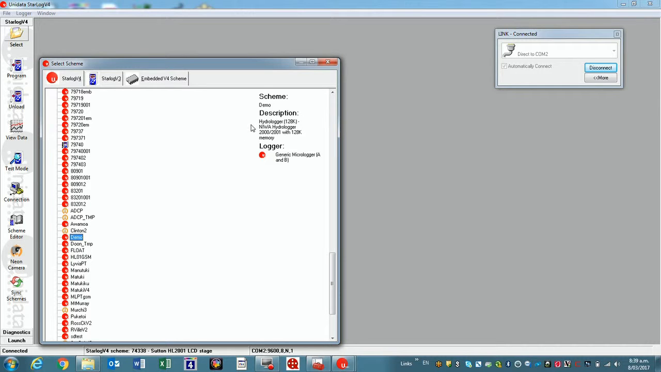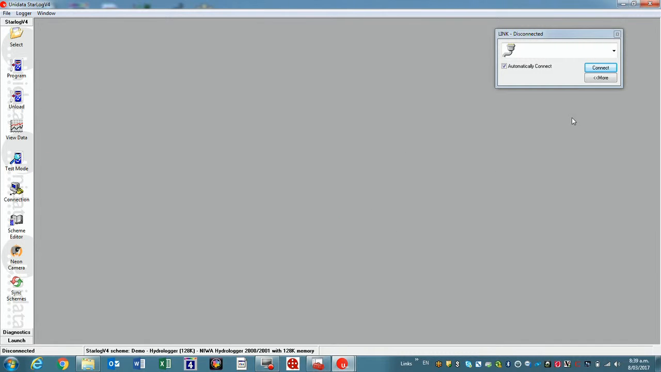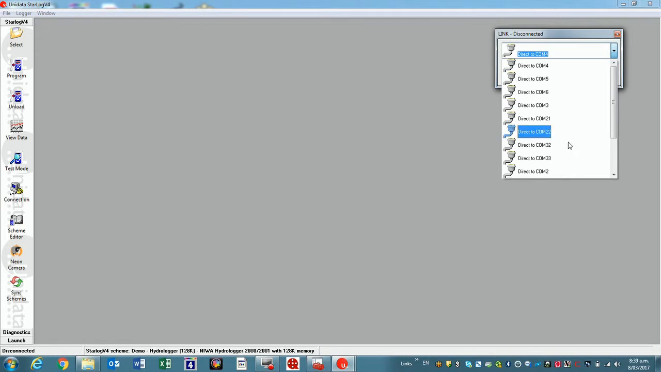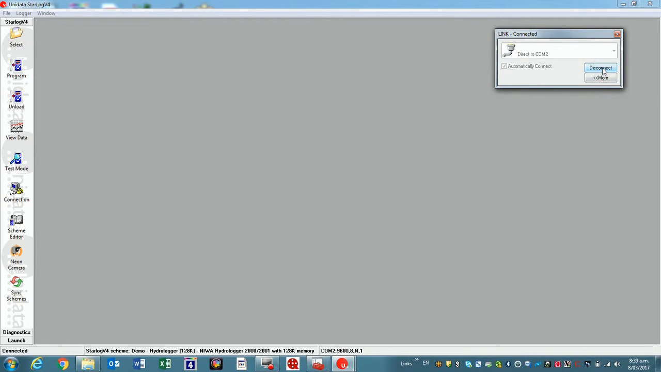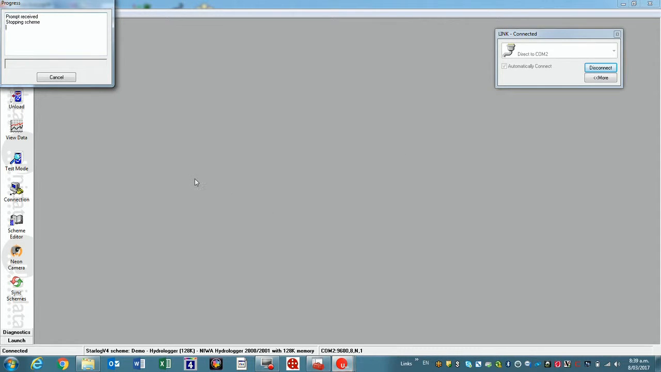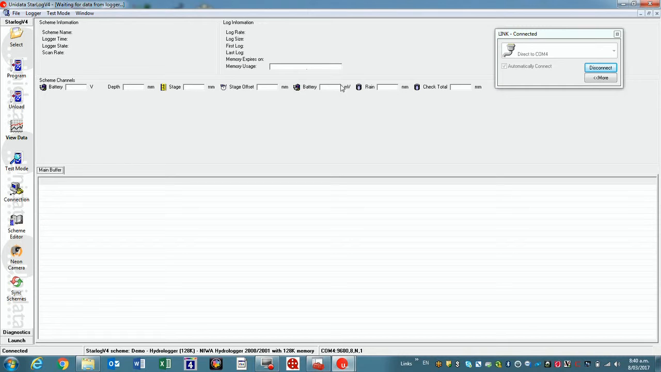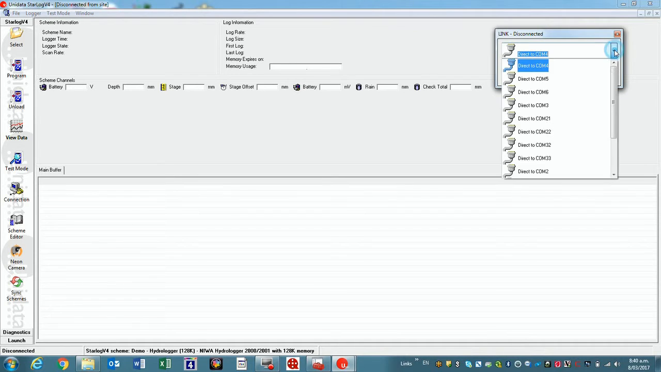So you see it's a Hydrologger 2001. Double click. Are you sure? It tells us we're still connected to the old site. We want to disconnect from that. Back to COM2 and program the logger. Okay, that's done. We can go into test mode. Sometimes it jumps back for a different COM port, so watch that, disconnect, go back to COM2,